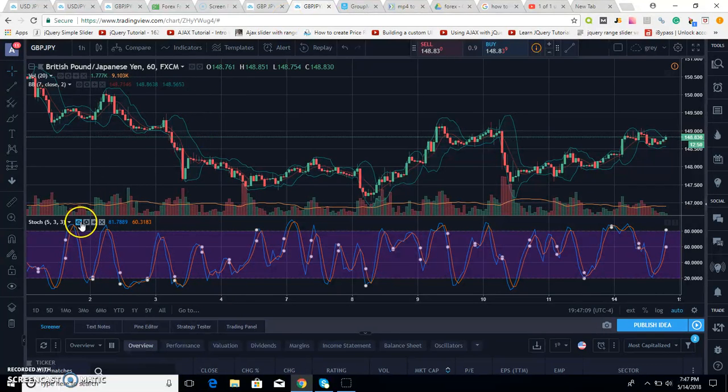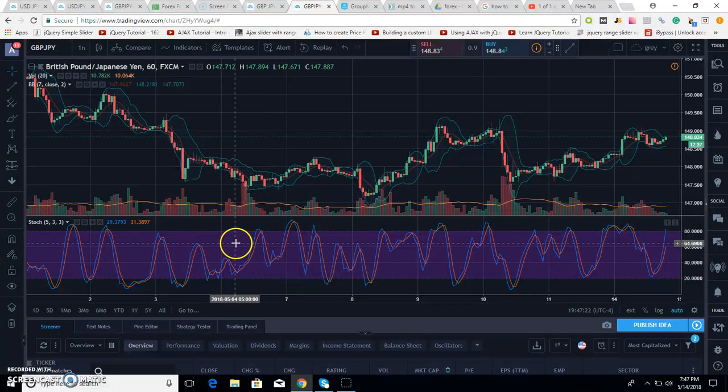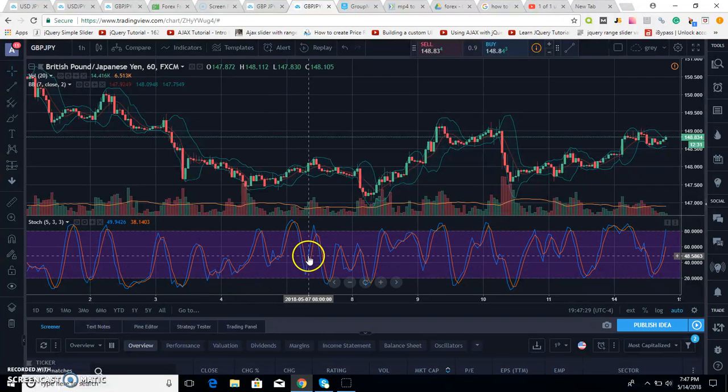Now, it was hidden, so let me unhide it so you can take a look at it. This is Stochastics. It looks confusing. You see all these lines, it's throwing you off, and you're like, what the heck is this? We're going to use it differently. Instead of using the lines crossing to tell us it's going into a sell and crossing back to tell us it's going to buy, to let us know what the trend is, we're going to use it just for us